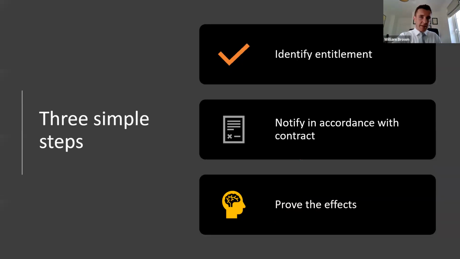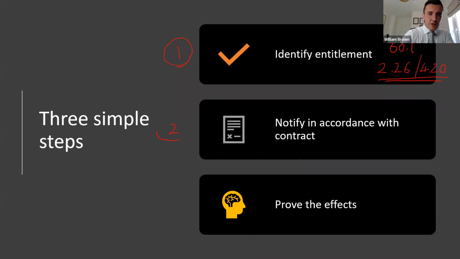It's a 3-step process. Number 1, you have to identify where in the contract you are entitled to claim that particular matter. If you're under the NEC, you look at clause 60.1. That's where you will find the compensation events. If it's JCT, you look at clause 2.26 and 4.20. Those are the 2 clauses that set out the time events, the relevant events, and the money events, the relevant matters. So again, knowing where to look in the contract is always the first step. So you find your entitlement, and that's how you ultimately start to drive your claim forward.